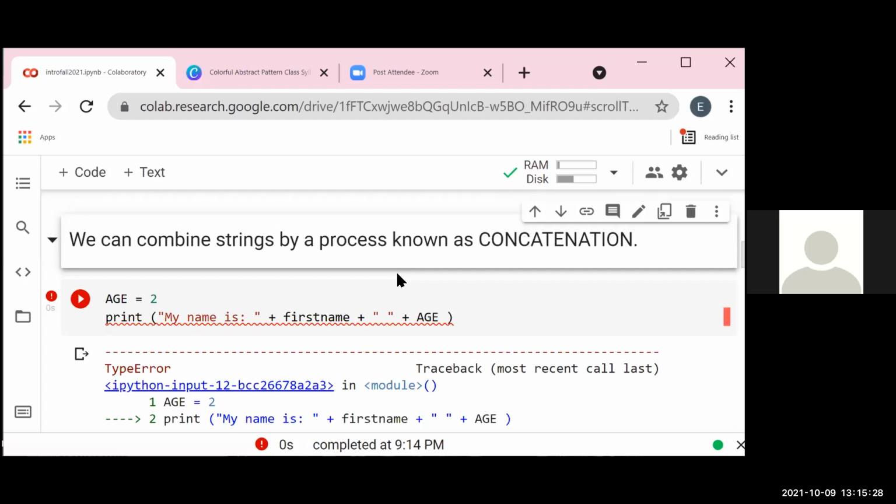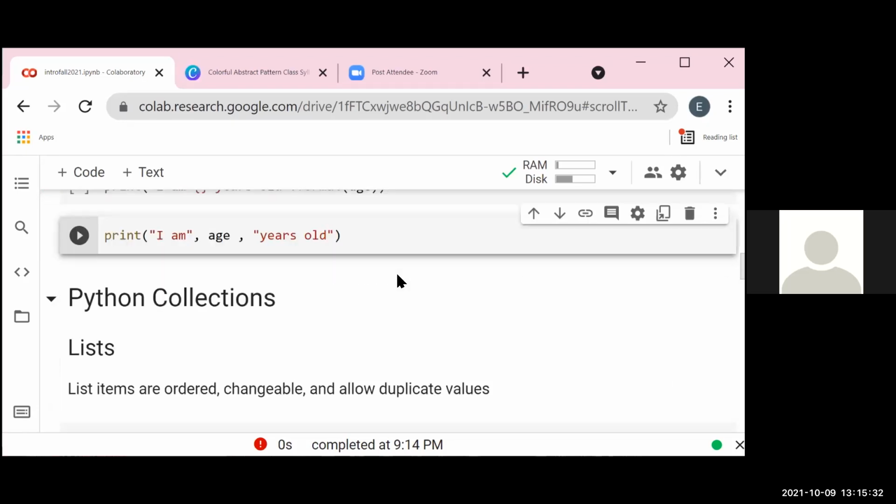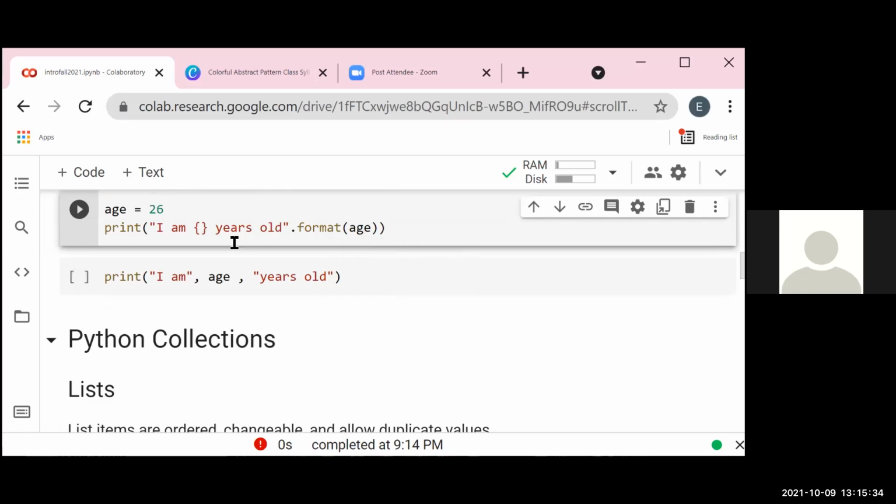We have different ways of doing that. One of the ways is you can use the format method. You write I am and then curly braces where you would like your int to be placed. After writing the statement, you use dot format. When I run this, it works now.